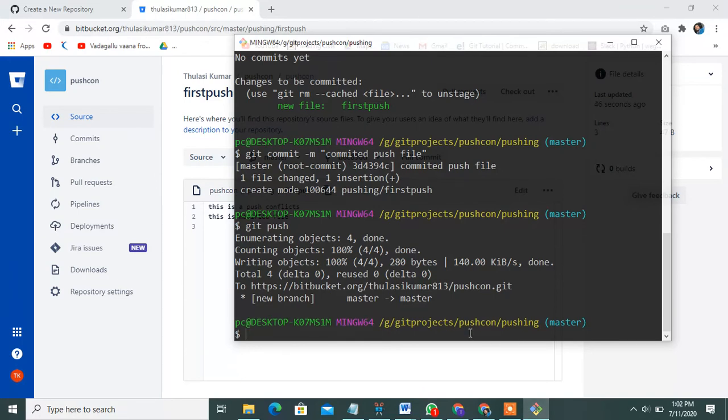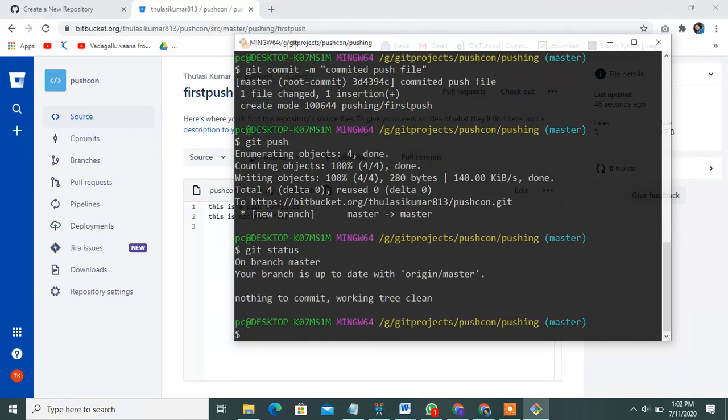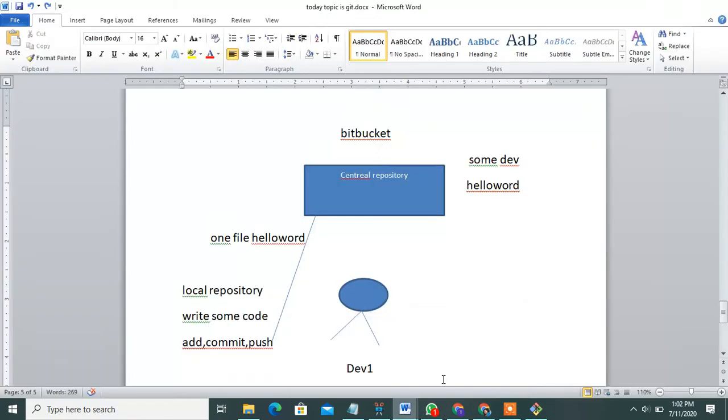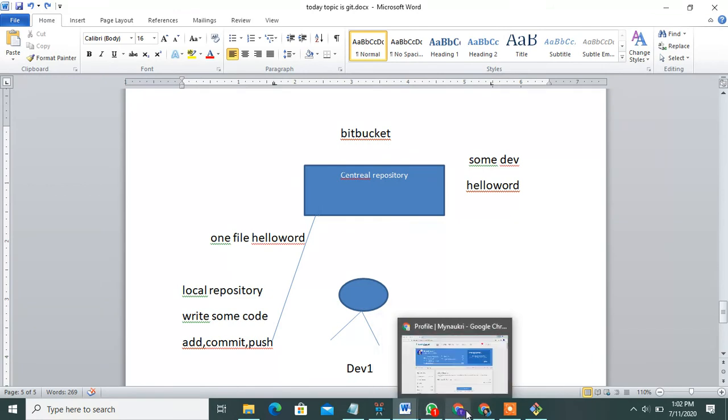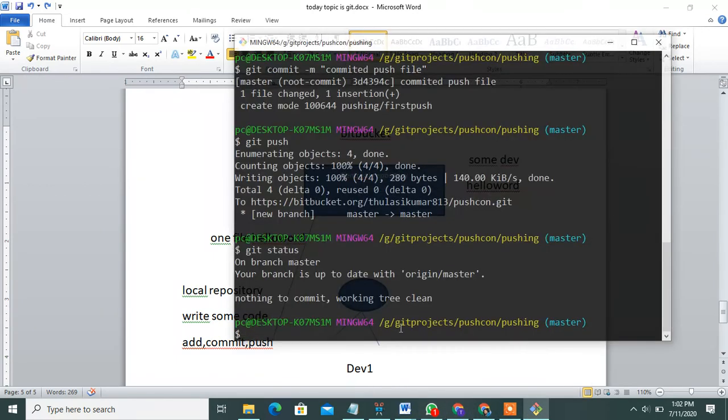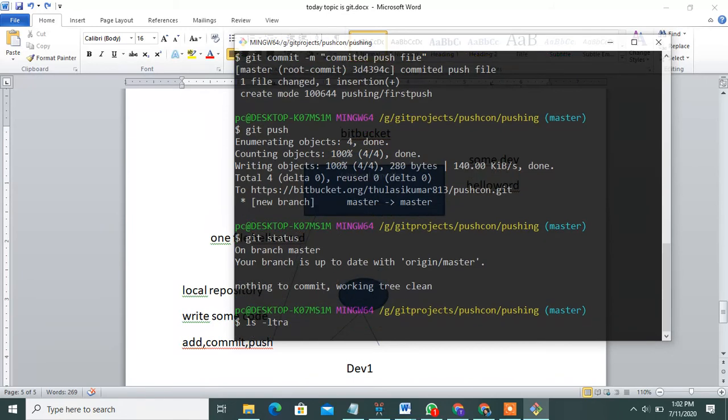First of all, check git status. This shows nothing. Okay, some developer, developer one, will come in and modify some file and add some content also. Open that file also.